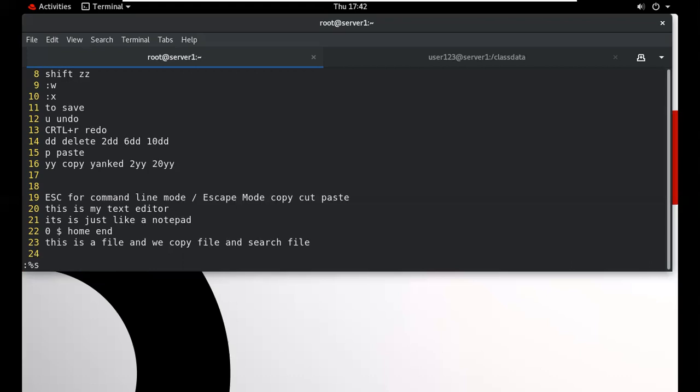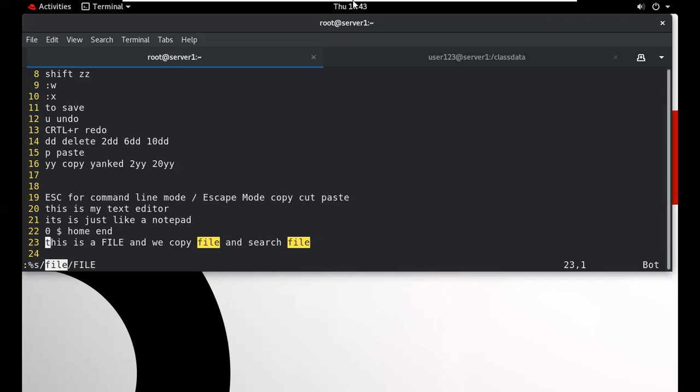Okay, only S, not... so I have one mistake. After the percentile, type search and type your first word, and type the replace. I want to replace this file option with FILE in capital letters. So your first file word, you can see this particular word is replaced with this particular word.